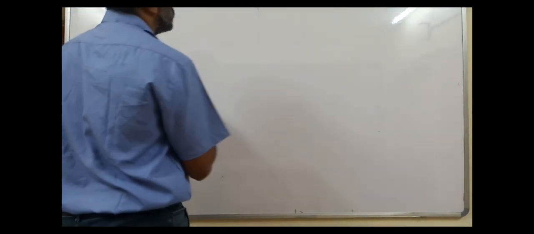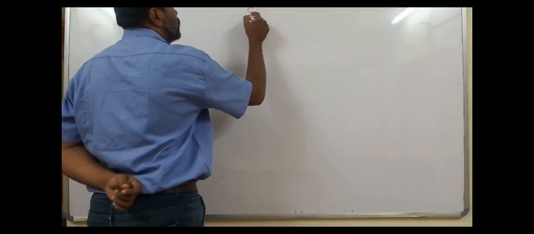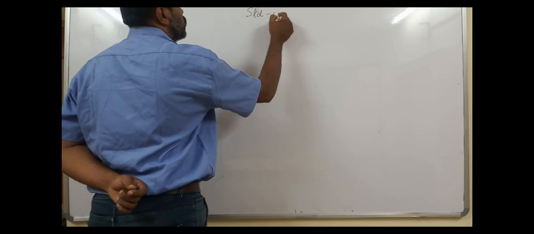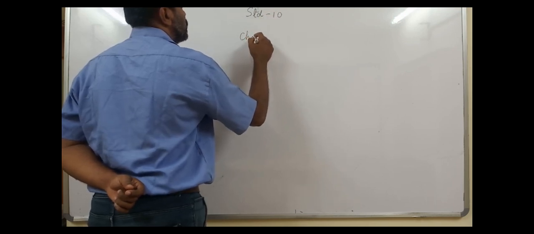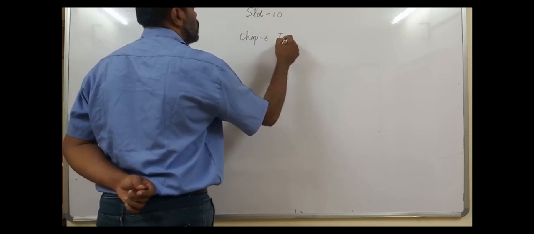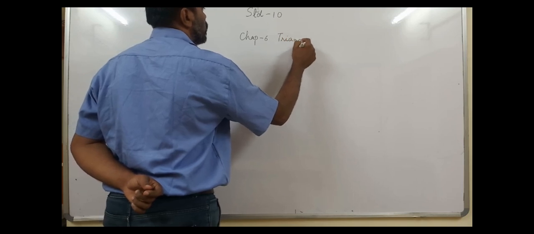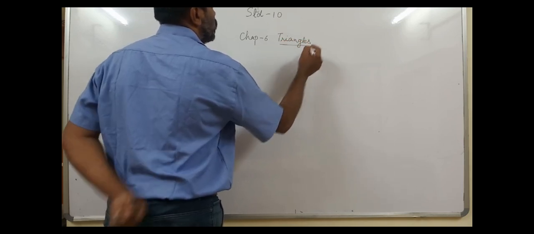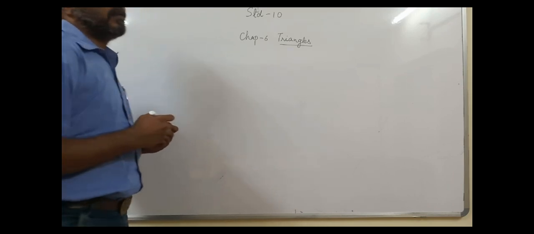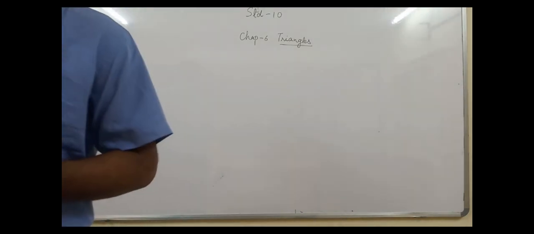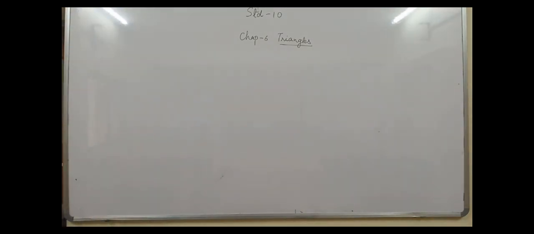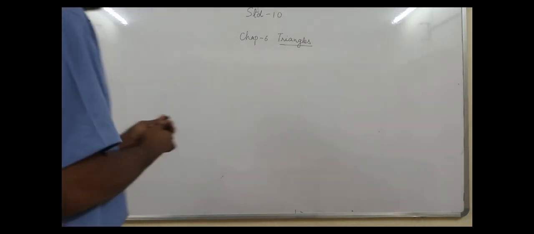Today, we are going to start the chapter on triangles. Yes? So, you know the chapter number 6 is triangles. So, you must have been doing triangles from almost the 5th standard, and you by now know what a triangle is. So a triangle is a closed figure made up of three intersecting lines.